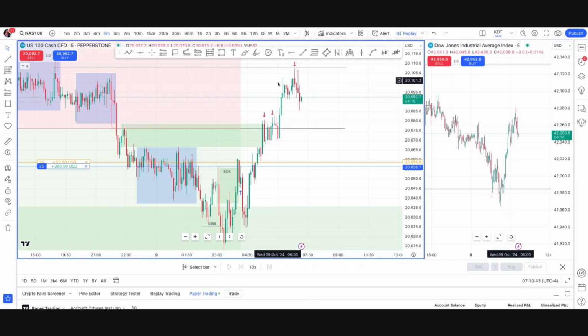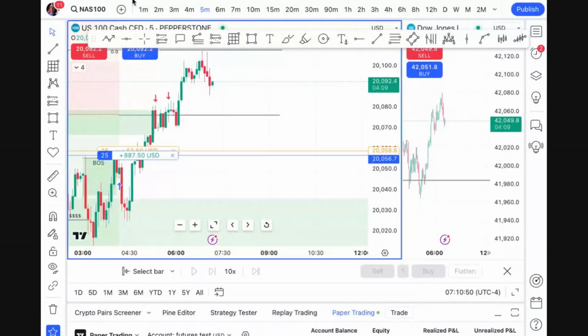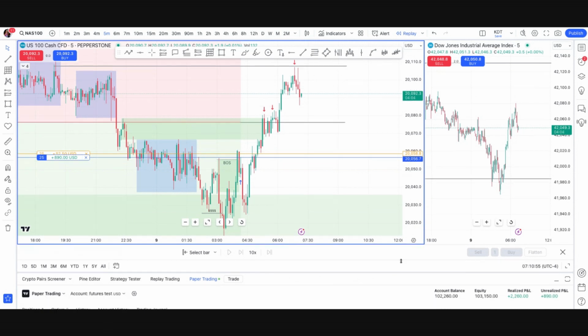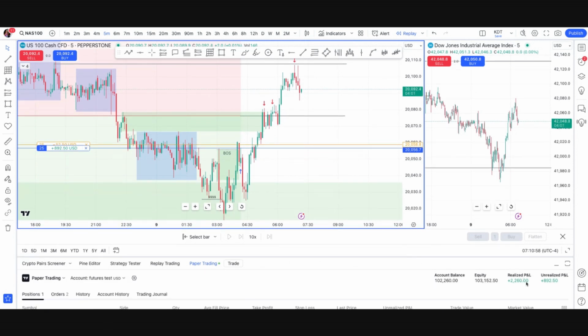Okay, we're having an issue. Yeah, it might be on account of me opening up the other platform as well. There we go. So far 2,260, and we have a floating profit of 920, which is that one floating over there. So I've moved to break even as well, or just above break even, because we've taken enough profit and prices run far enough. The next part of the goal now will be to